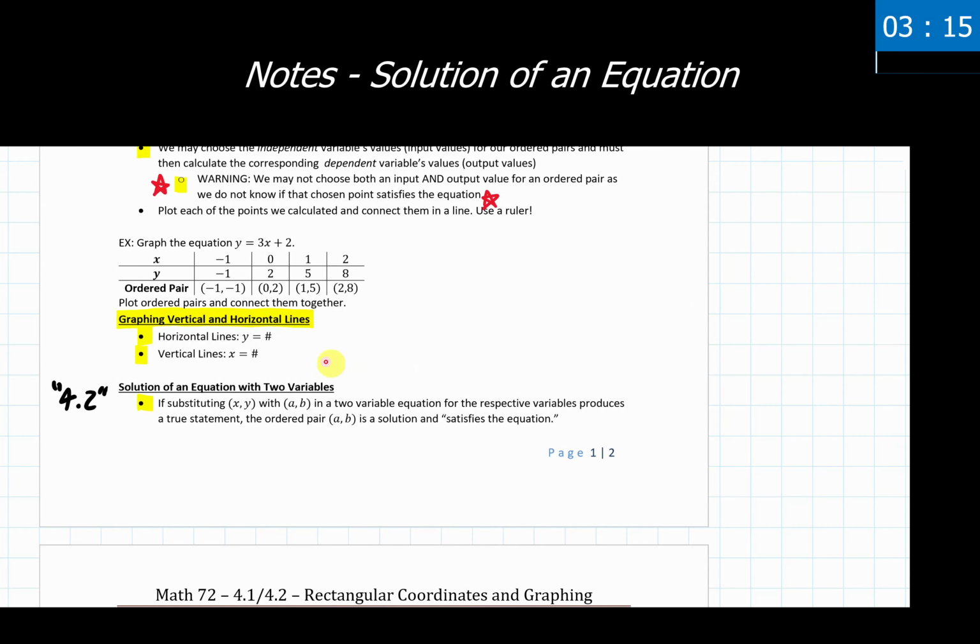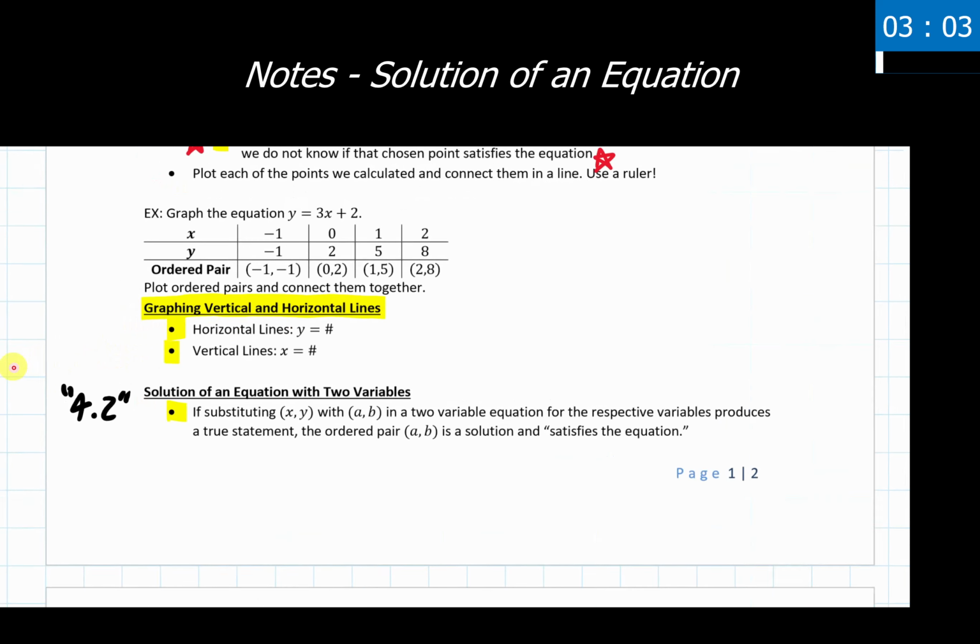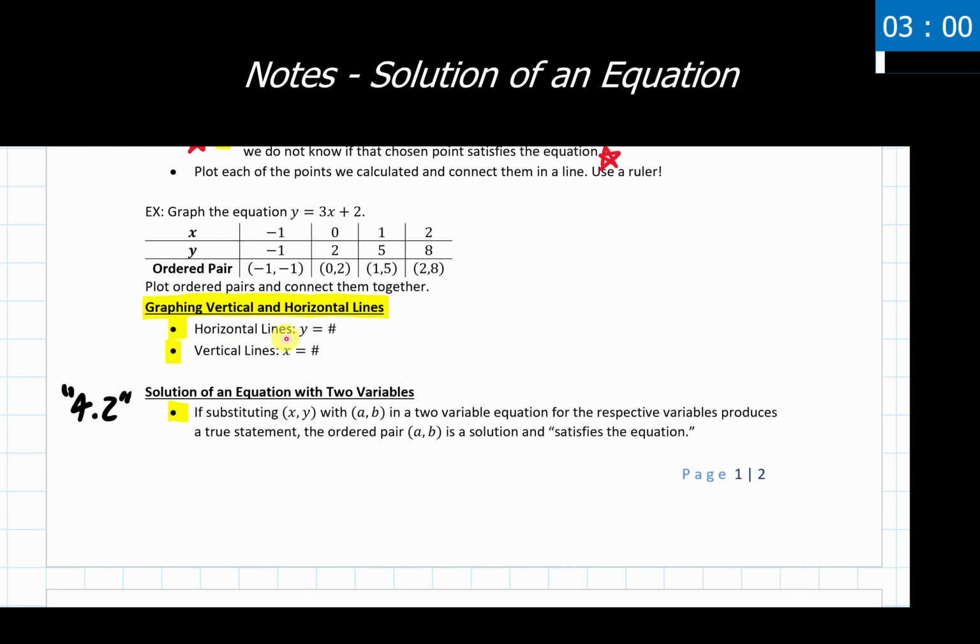The last final word in terms of graphing equations, we have 2 special cases of lines that we can see showing up. Those are horizontal lines and vertical lines. Horizontal lines are always going to be in the form y equals just a number. It could be a positive, a negative, a fraction, a decimal, or 0. Then we have vertical lines, which are of the form x equals a number. Again, that number could be a positive, a negative, a fraction, a decimal, or 0. So be on the lookout for some of those. If you're told to graph just something in these forms, this is what we're going to be using.